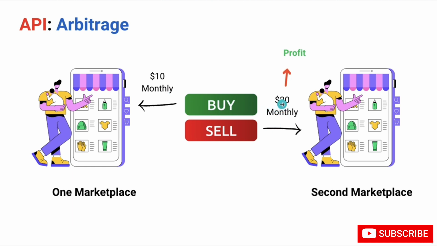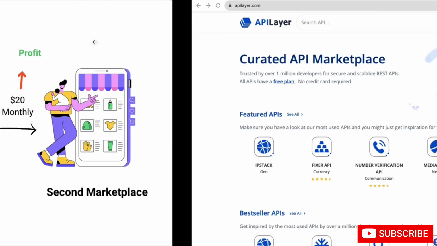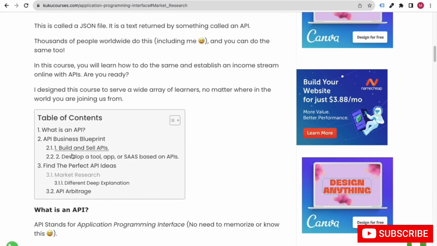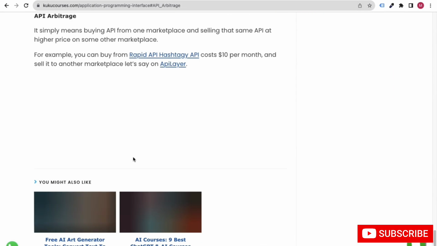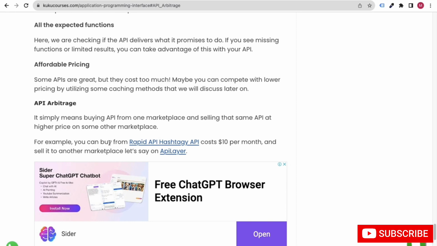So $20 is your selling price, minus $10 your buying price, will be your profit. So that is somewhat basic logic. This is what API arbitrage is, and that is what we have also written. You can go ahead to API arbitrage and read about this concept here. The same thing we have just told here as well.